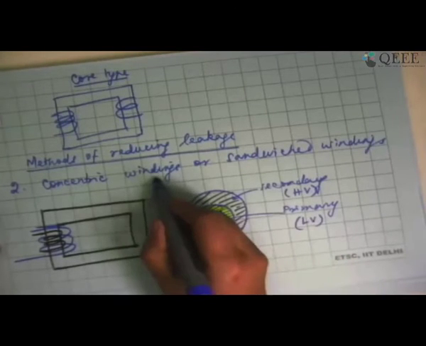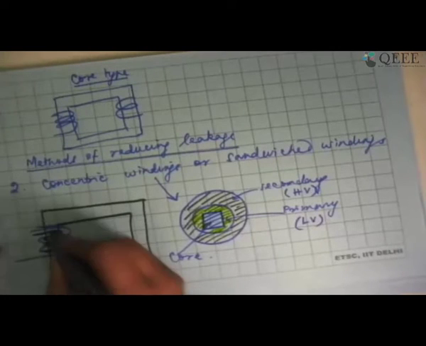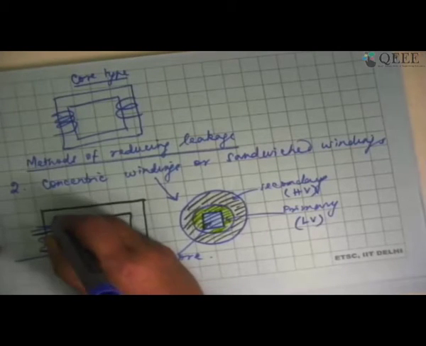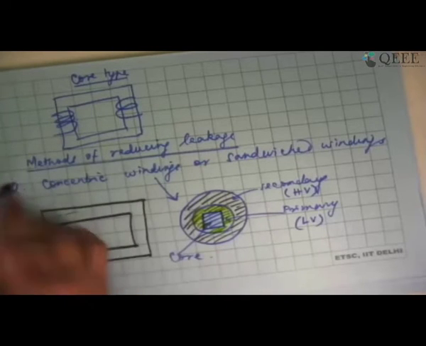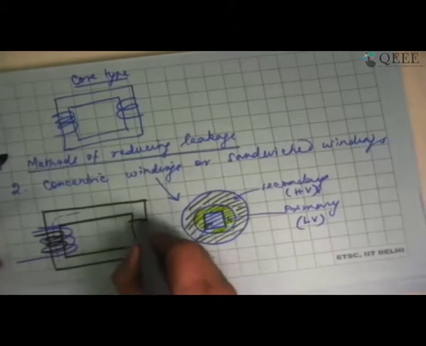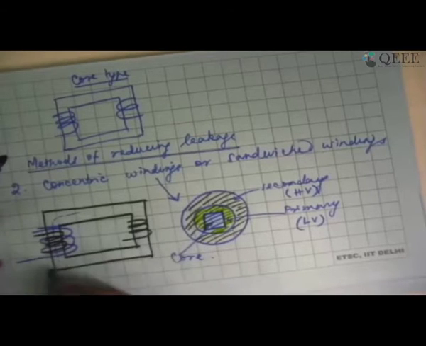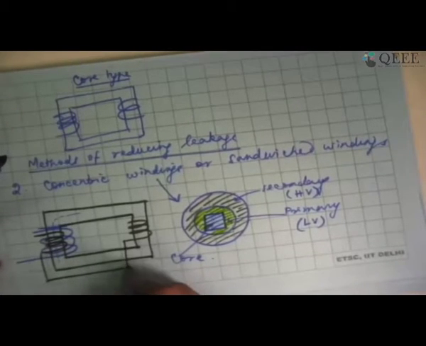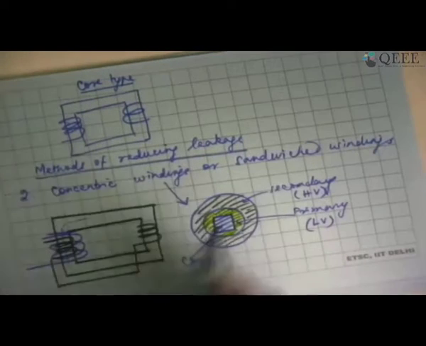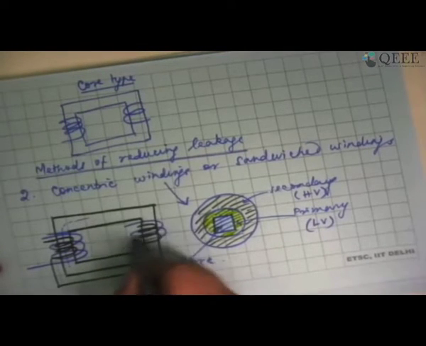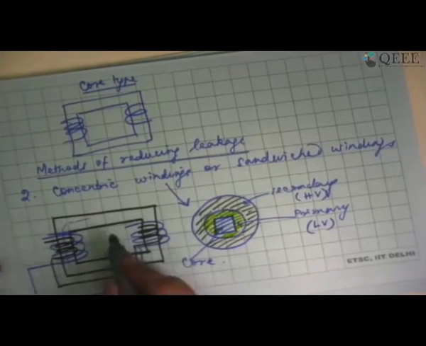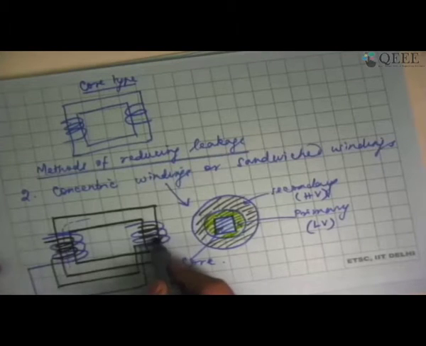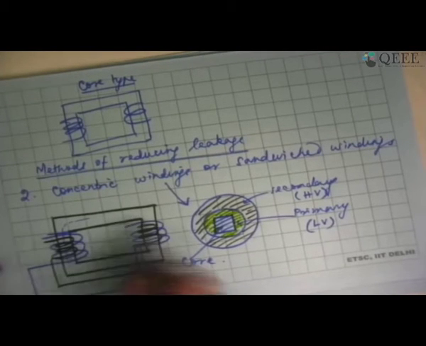So you can make concentric winding like this so that whatever is the flux that is flowing through this limb, it will link both primary and secondary. What I will do is to have the secondary winding spread out here also, then this has to be connected together. Similarly, the primary winding will also be put here and that will also be connected together like this. So I am having both primary and secondary distributed in both the limbs so that hardly any leakage happens.